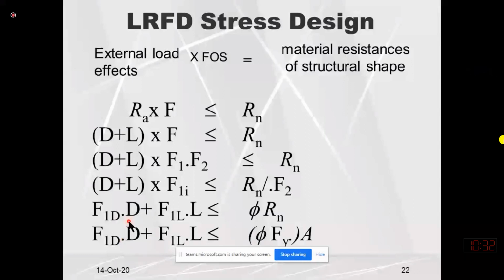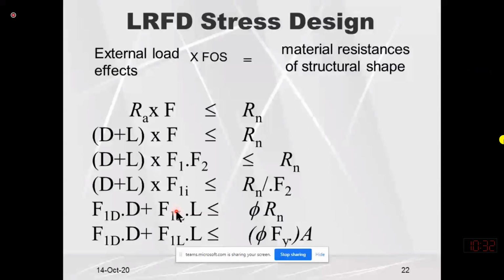For example, if one day a student of weight 50 kilograms is sitting, maybe the next day a student of 90 kilograms will sit. So this means that the probability of occurrence or uncertainties in live load may be more as compared with the dead load, which makes the structure more realistic.